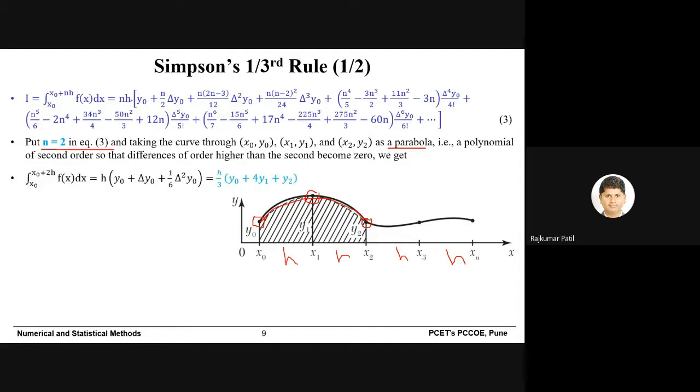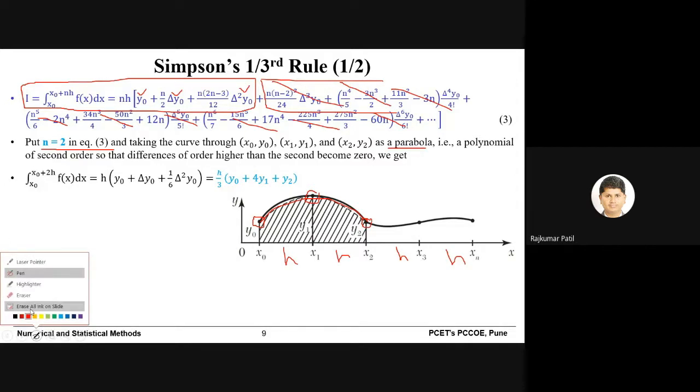what happens? In equation number 3, we take only the values which, you can see, I bracketed, the values that we are going to consider while deriving the equation. And what about the remaining values? Because there are certain higher terms, the values of these higher terms will become 0. So we will not consider those higher terms, and we are restricting to the 3 terms, that is y0 plus del y0 plus del square y0.